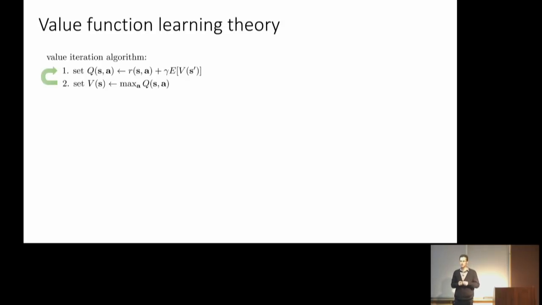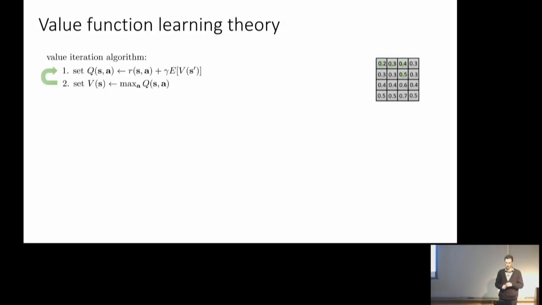So let's talk a little bit about value function learning. Remember this value iteration algorithm, the dynamic programming algorithm that I talked about at the beginning of the lecture. You compute your Q values by taking the reward plus the expectation of the next value. Then you take the max over the actions, and that gives you your new value function. So this is the version where you learn a value function, and you don't explicitly represent the policy. You just use this little max trick to skip that step. That's value iteration.